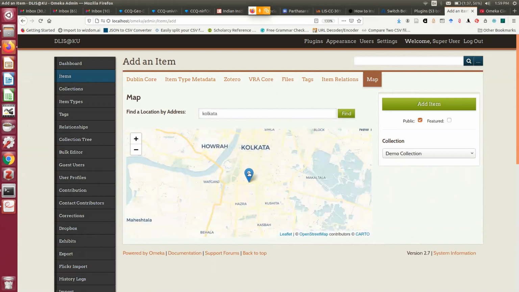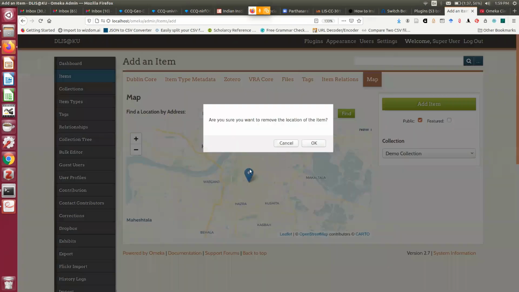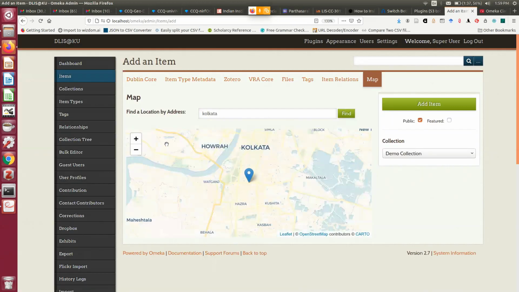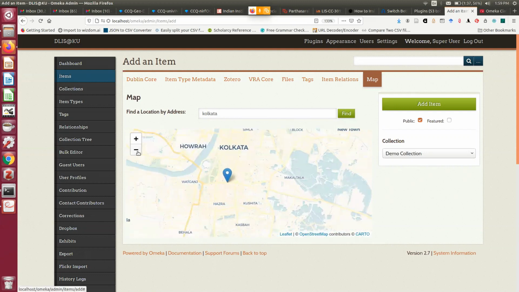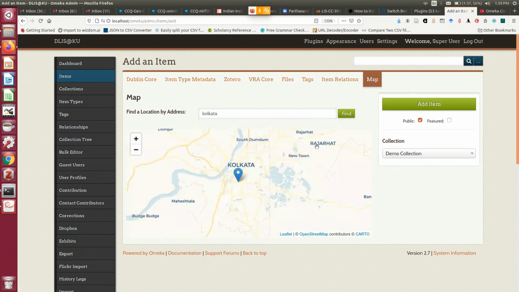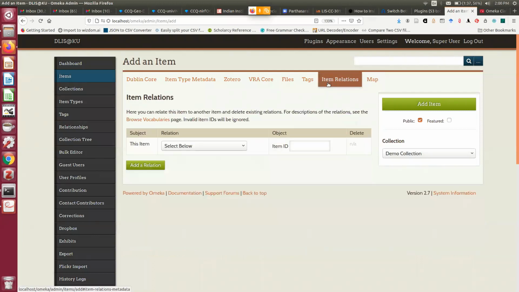Then this is the longlet value. You can select it here, and you can move, anything you can do. So you can pick up in this way the coverage, dc.coverage area. It is coming from OpenStreetMap. You can still pick up item relationship.